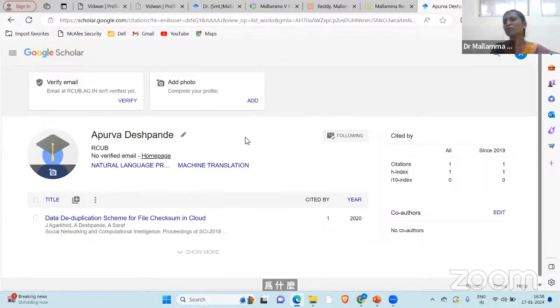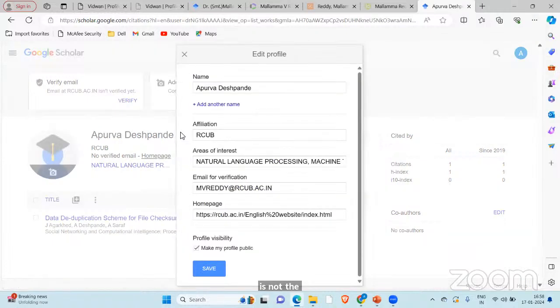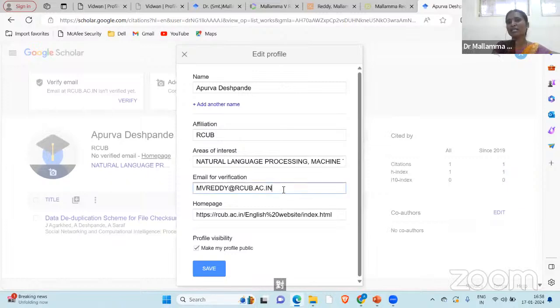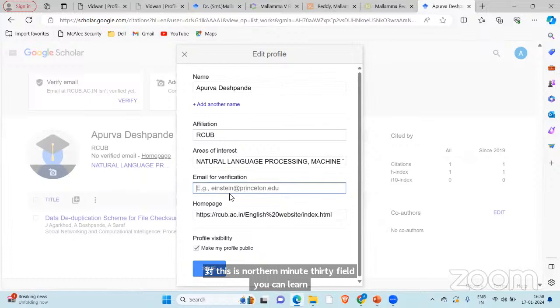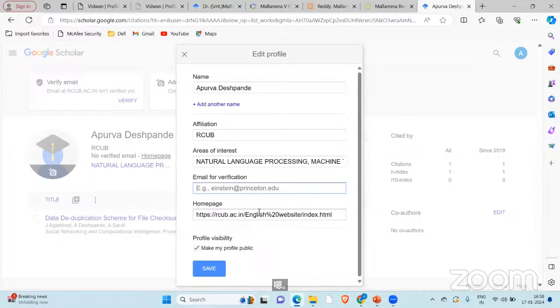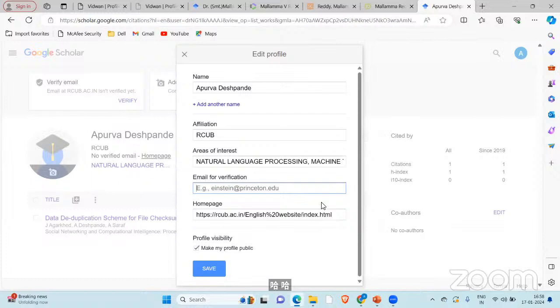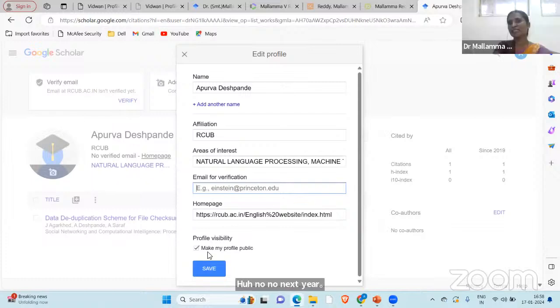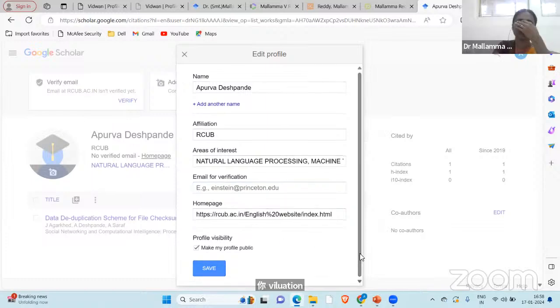Okay, not a problem. That is not a mandatory field. Both ways it is not taking, ma'am. That is not a mandatory field. You can leave it. But still it is not moving to next. There is no next here, just a save option. Below there was a next, no? Where is the next? Okay, fine. You have the next, you have to skip there.